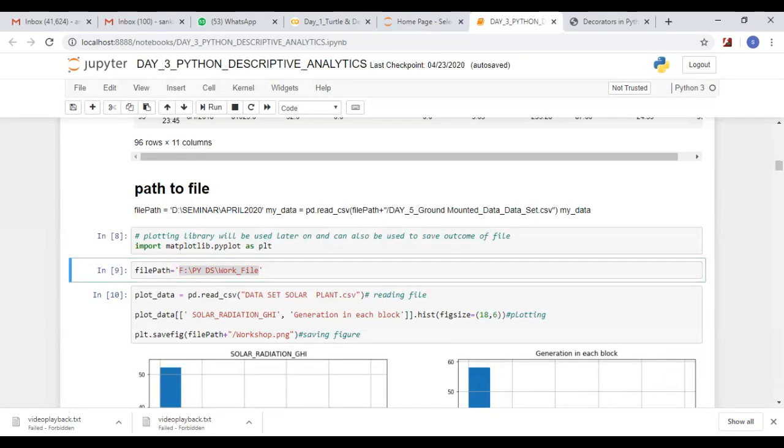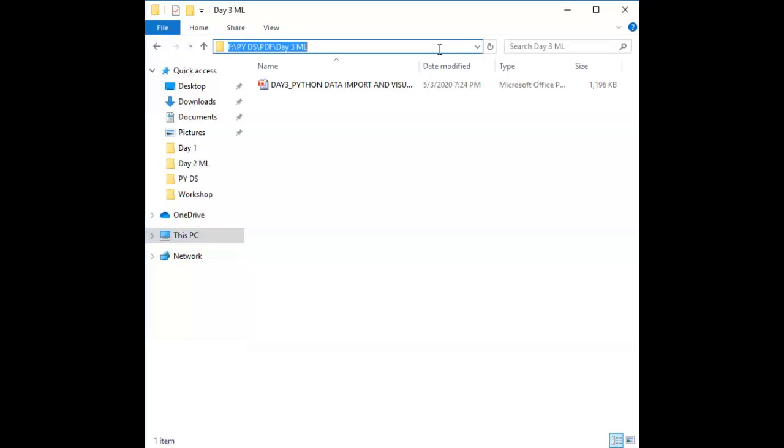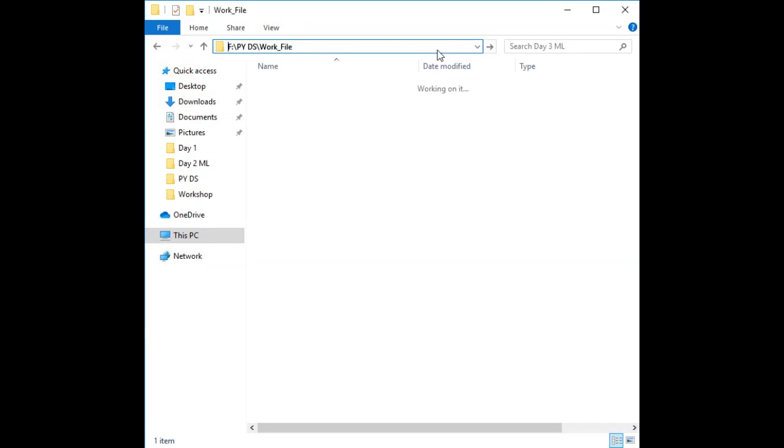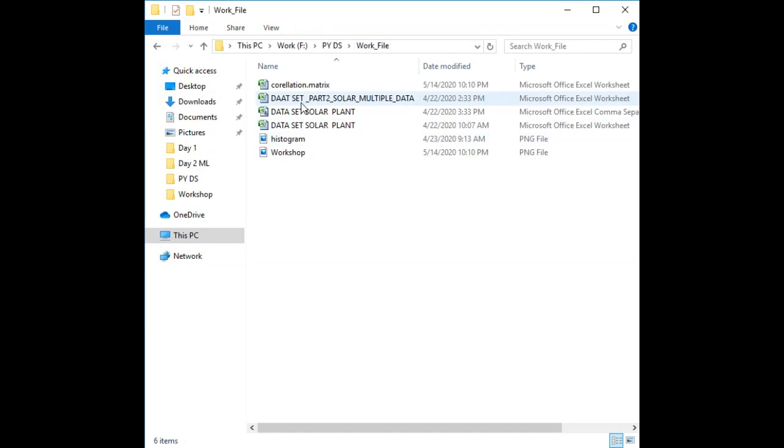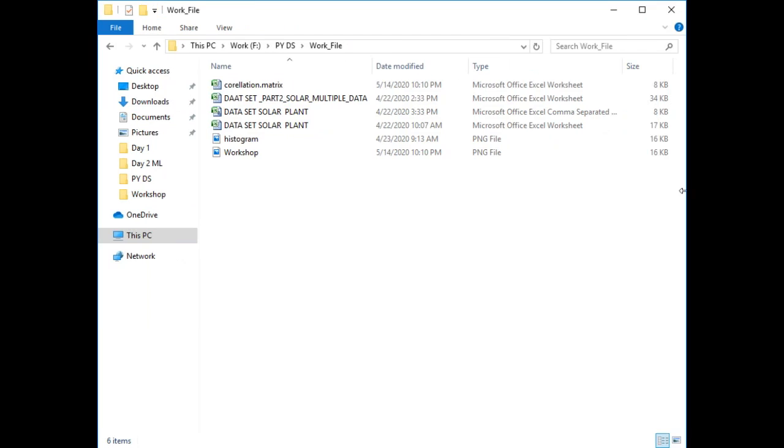See how I am using it. Simply, if I open that path, that file will be there. See here, dataset solar plant, comma separated. CSV means comma separated values. Here is the file we are going to use.